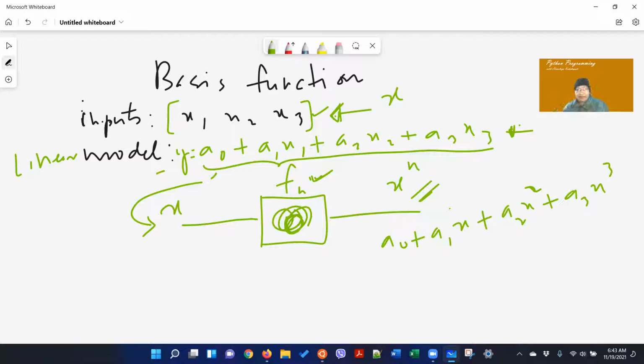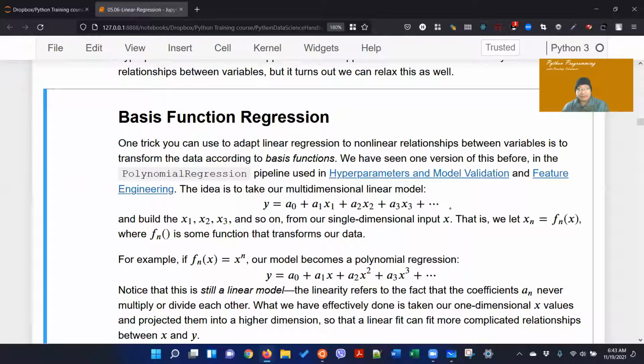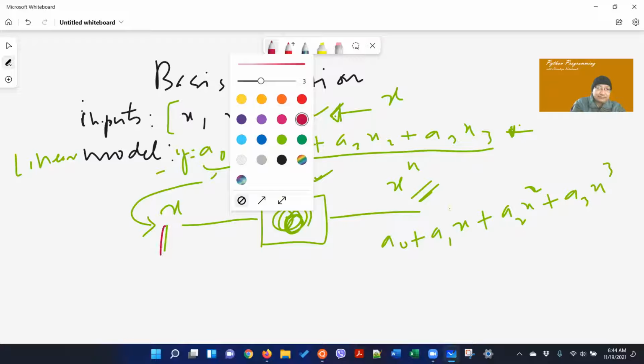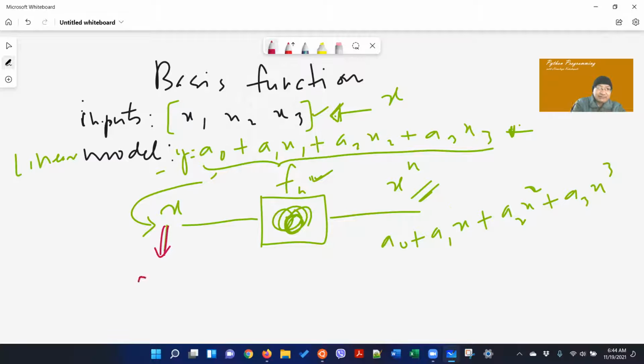Now think about x. We have transformed x. Your x is x1, x2, x3, right? Let's say these are all vectors. Now if you have the components, your vectors x1, x2, x3, then after transformation,